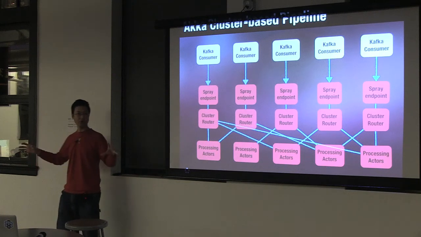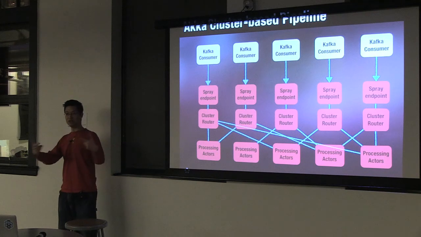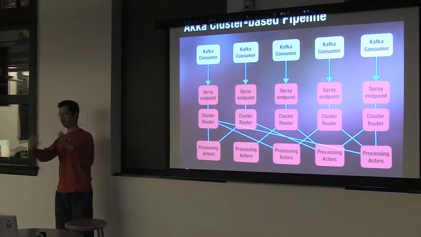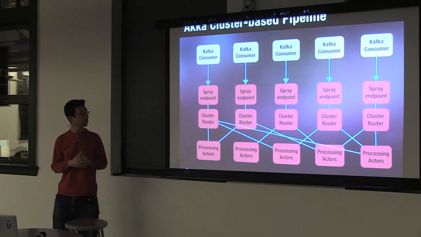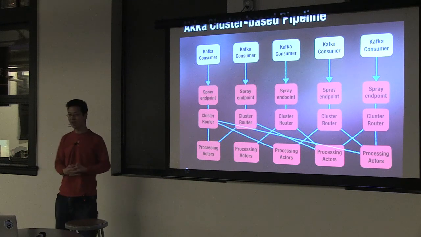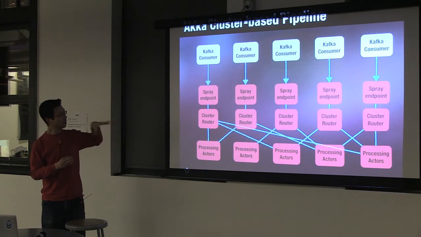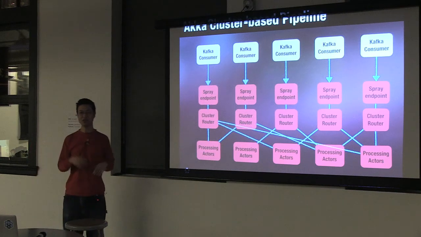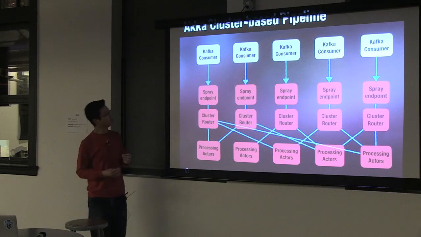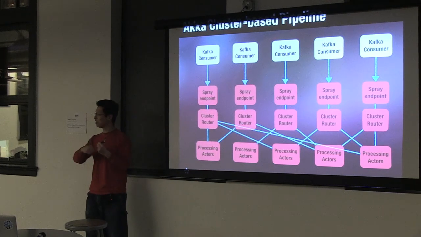But if you have n nodes and they all belong to Akka Cluster, they will know about each other and message each other and know when one of the nodes dies through peer-to-peer gossip. It's extremely cool technology. We thought we would try this out. So we were going to replace our Storm processing with an Akka Cluster-based pipeline. And the way that this works, this is distributed, is that you have a Kafka consumer. This pulls messages from the Kafka message queue.